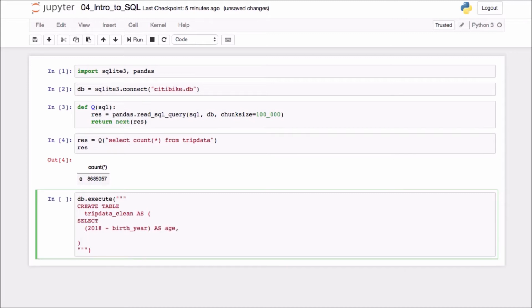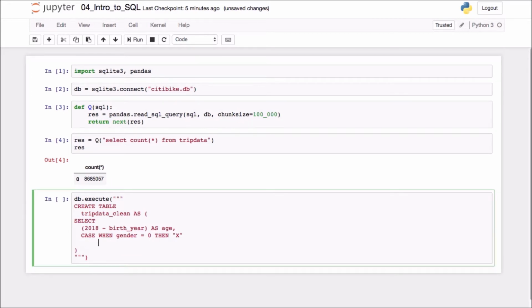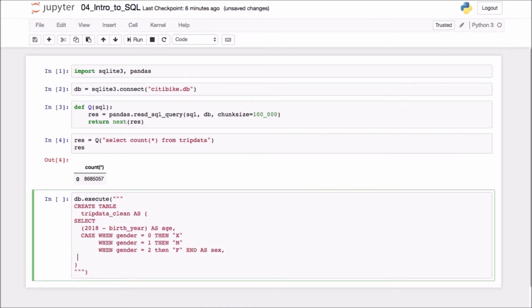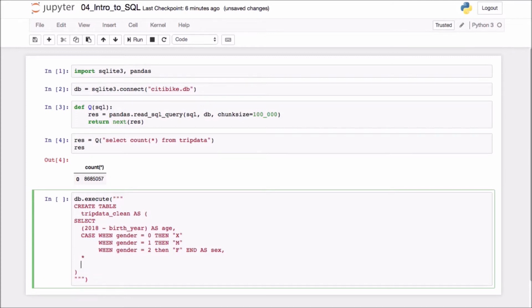Also we're going to have the gender: case when gender equals 0, then we say we don't know; when gender equals 1, then male; and when gender equals 2, then female; as sex. And finally, all the rest of the fields that we had before, from trip data,